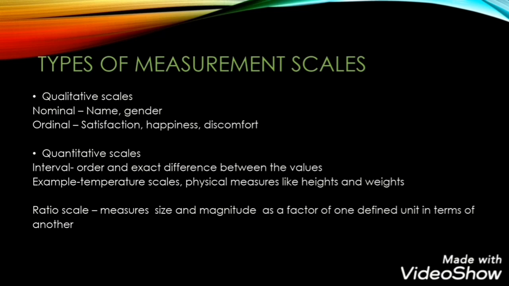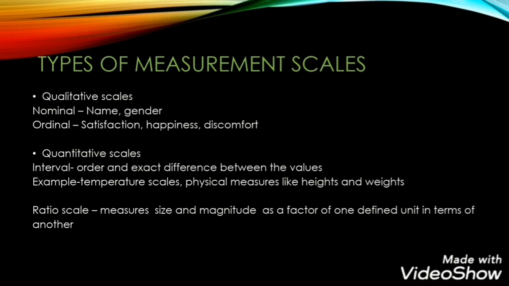For example, a child in a family is referred to by its birth order, such as first, second, third, and fourth child. Similarly, it may be possible to categorize the income of the people into 3 categories as low income, middle income, and high income. The only requirement is that the order is maintained throughout the study.